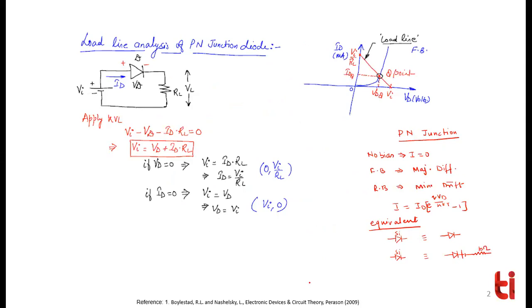This is the piecewise linear model. And the simplified equivalent model. In that model, what we have seen is that silicon can be replaced with an ideal diode and a battery like this. We have also seen the diode resistances. Diode resistance is not a tough task. It's very, very easy.